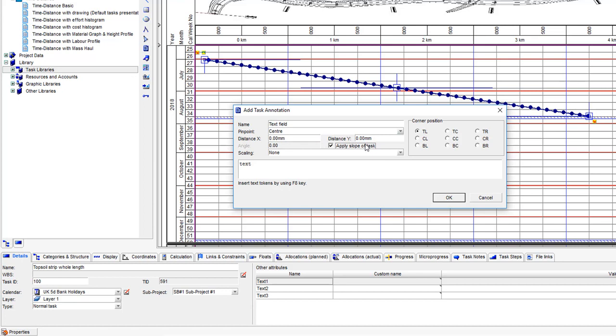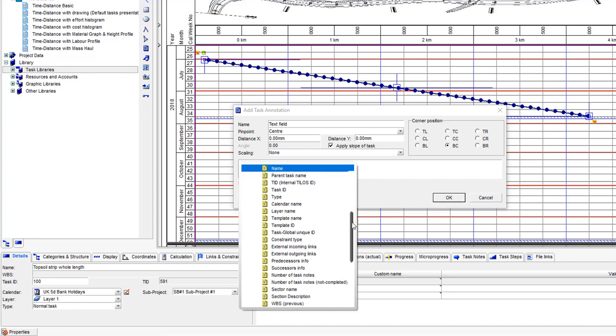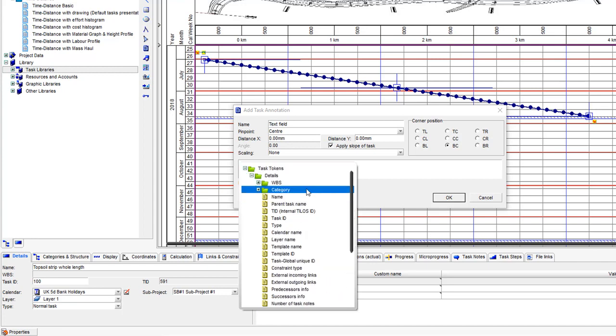I'm going to make it follow the slope of the line. I'm going to connect the bottom center of the text box to the activity, and what the text box says I can type in here. But if I just press, as it says with the bit of help, the F8 key, then I get a list box where I can access data fields from this activity. And I want to take the